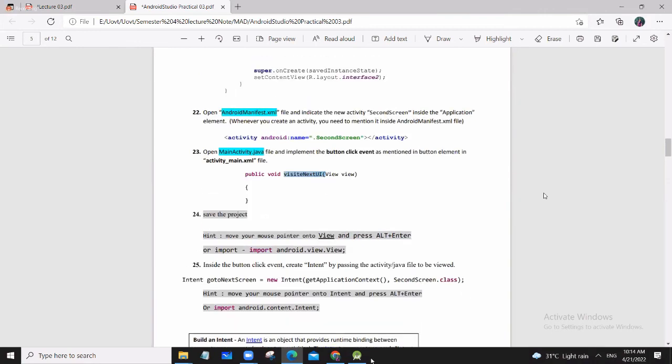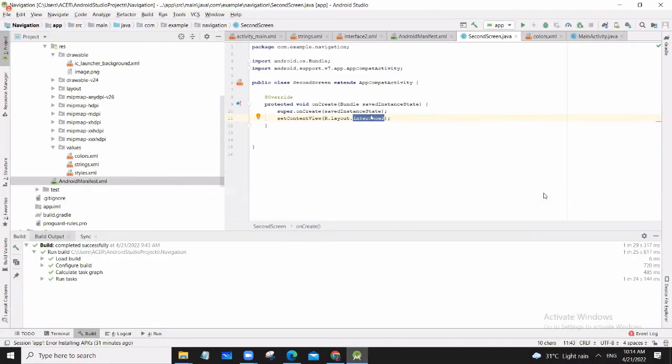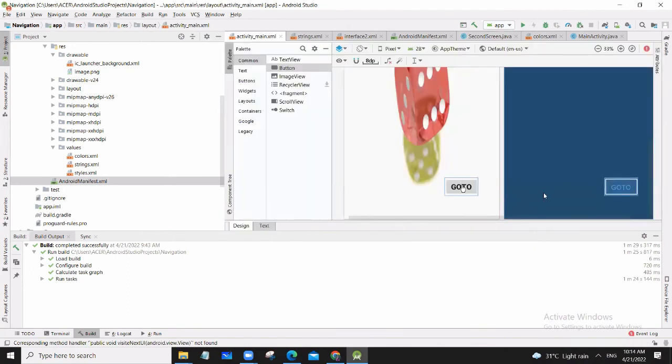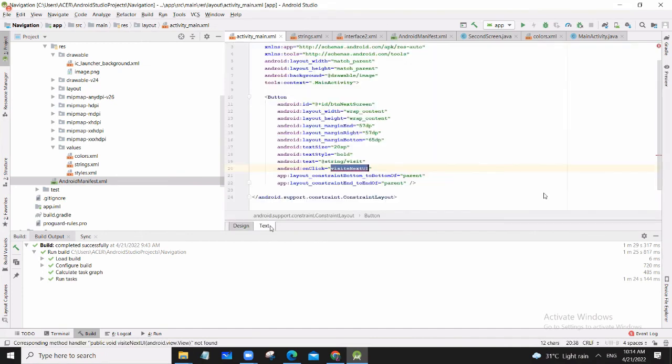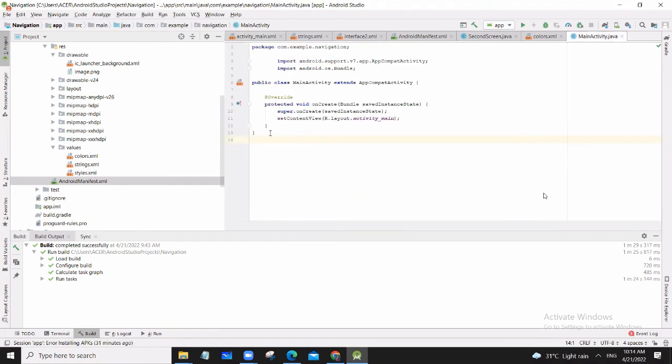We are going to create visit next UI within your MainActivity Java file. This button is available in the main activity. When you click this one, you need to redirect to the next interface. So you need to write a button click event in the main activity. We already declared it as visit next UI. We are going to create this function within this main activity file. I'm going to copy this